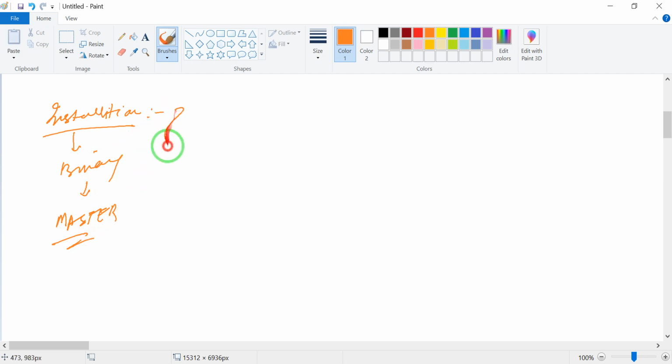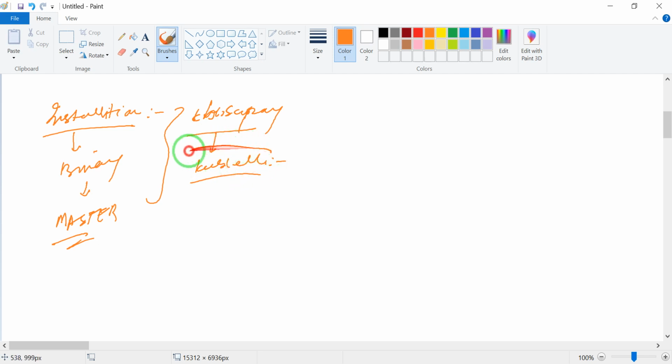And if you are going with Kubespray, that is also a tool which you can use to deploy a Kubernetes cluster. I already have a video on it, so you can go and check it. With Kubespray you don't need to install the kubelet; it will be automatically downloaded and installed.